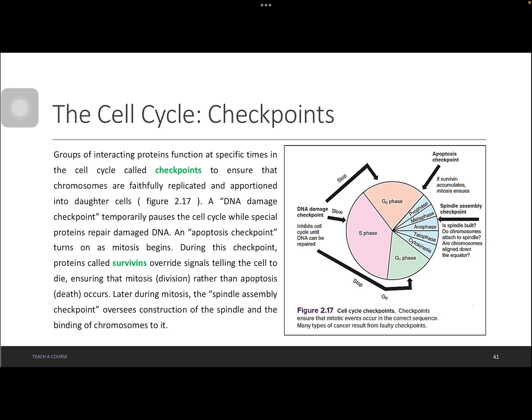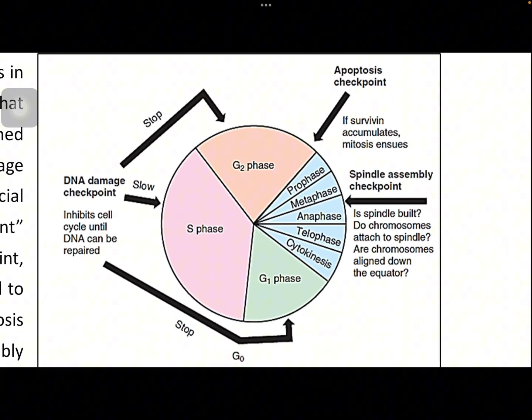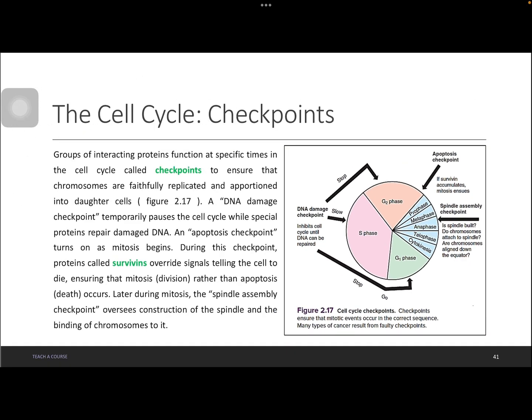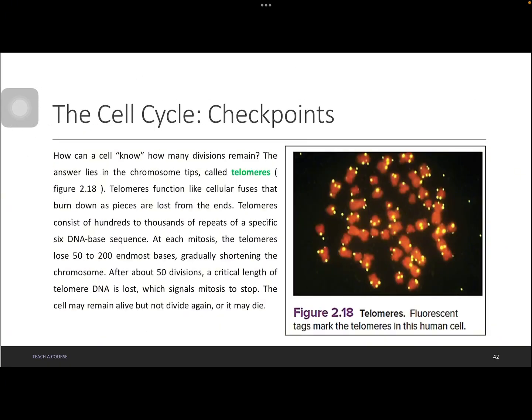Next, of course, is what we call the cell checkpoints. This is where the cell checks, or these are the quality checkpoints of our cell. If something happened, like damage to the DNA, or, for example, an error during replication, something like that, that is where the checkpoint comes in. Now, class,